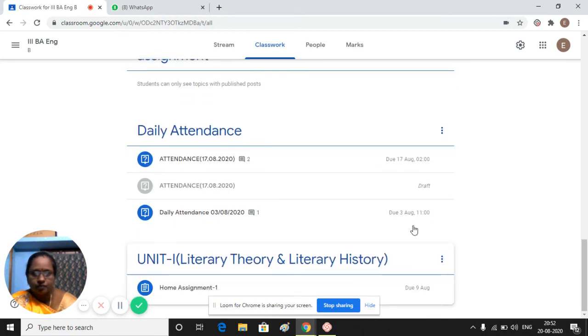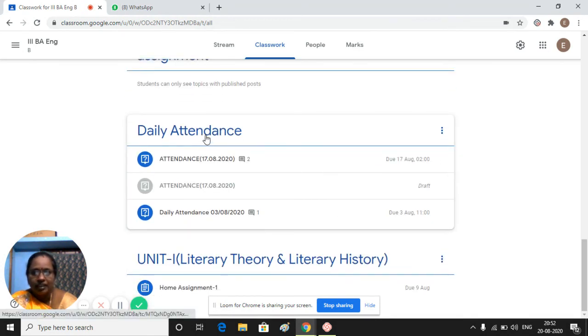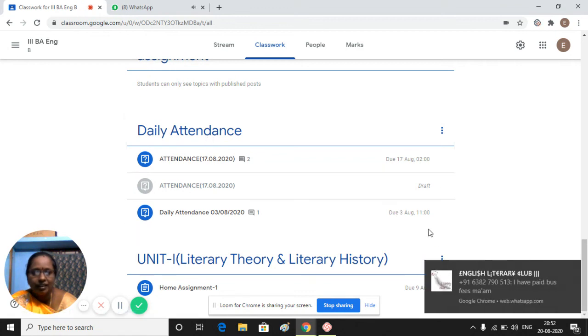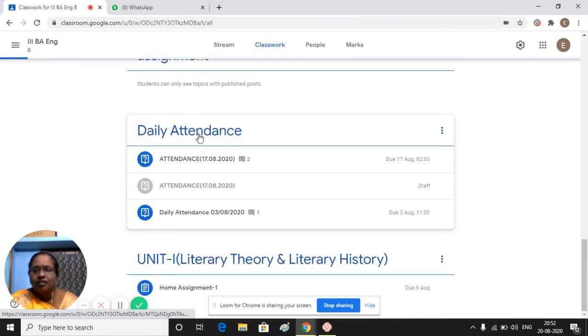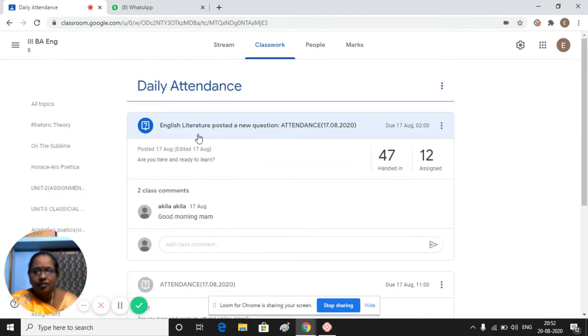the daily attendance, the first time, was edited for a long time because of the students. They didn't know how to give attendance. So on the first day assigned, only 47 people gave attendance in my class. 59 students are there, 12 didn't give the attendance.